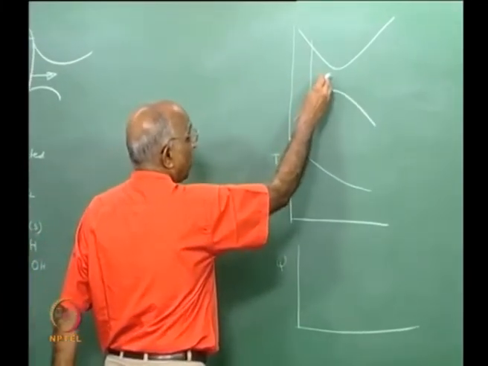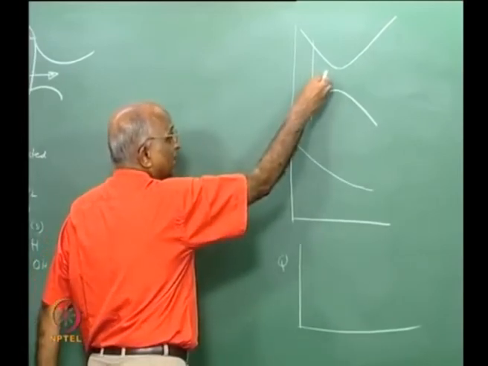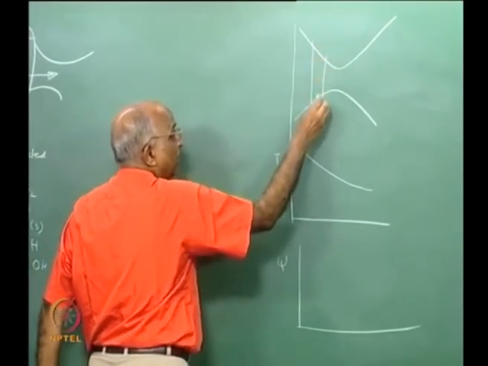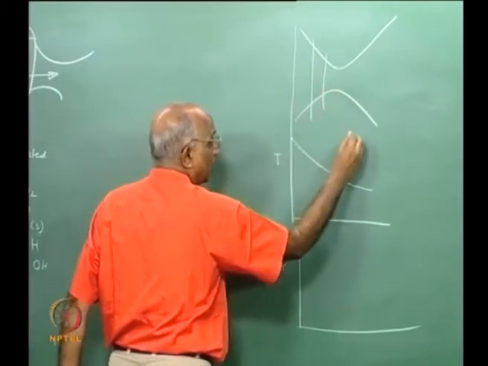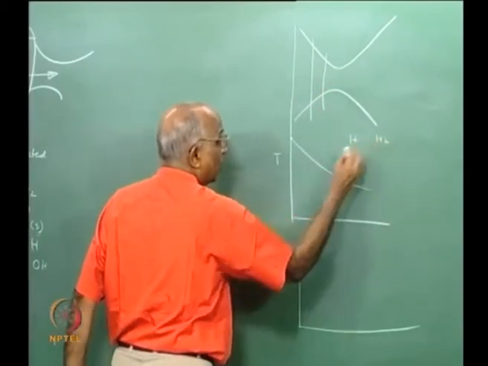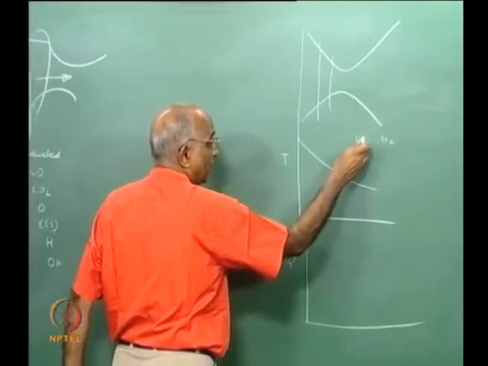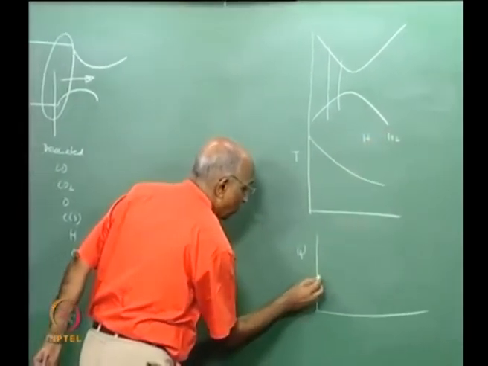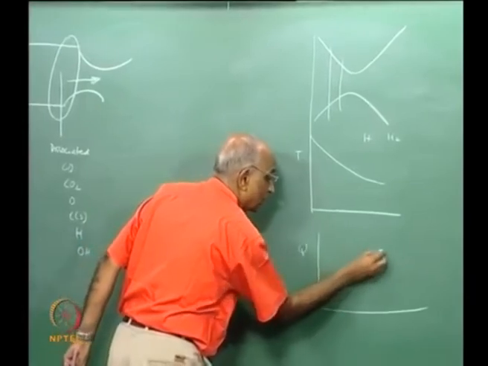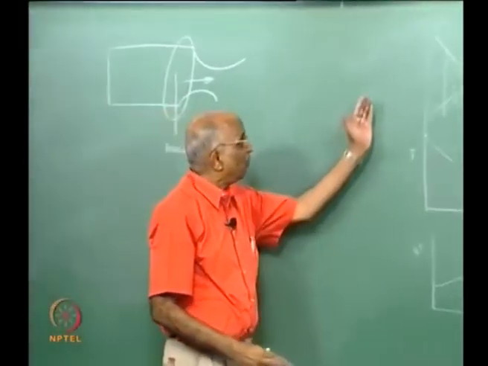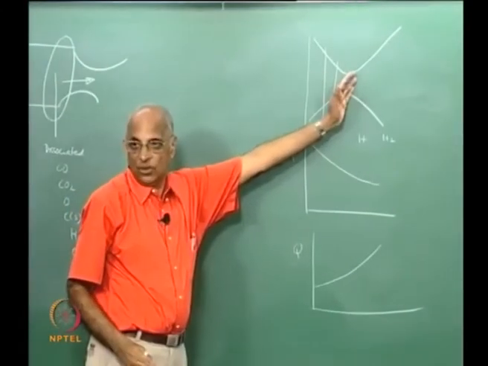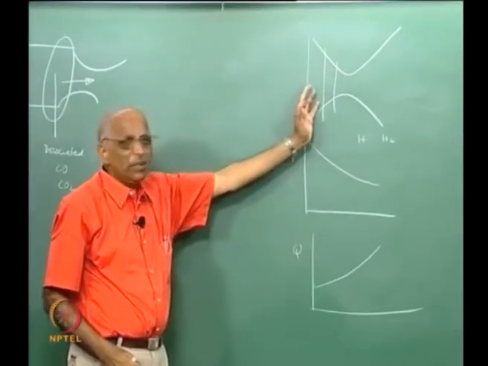temperature falls, the amount of dissociated species gets decreased, and for equilibrium to take place, what is going to happen? I am going to get more complicated things like H may not be there, I will start getting H2 again, which is more stable, and the heat gets released, and therefore maybe the heat release will take place in the nozzle itself. In other words, as the flow takes place in a nozzle, I get equilibrium which is shifting at